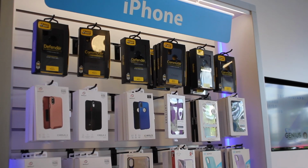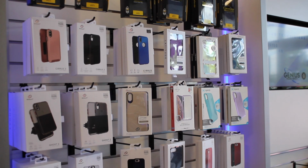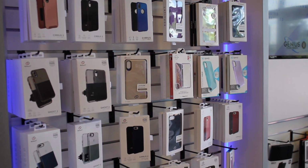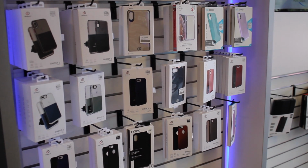of your phone. And lastly, the one thing I want to cover with you guys as well is essentially what works best for you. You don't want to go through and break the wallet when it comes to buying a new case for your phone, but you don't want to go something too cheap that just covers the phone and then ultimately has no protection on it whatsoever. So those are just a couple key points I want to discuss with you guys today about buying a good